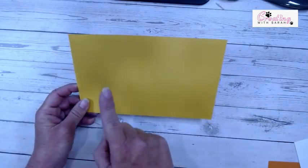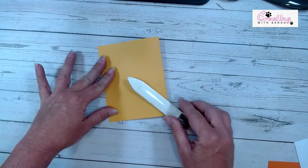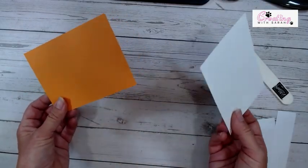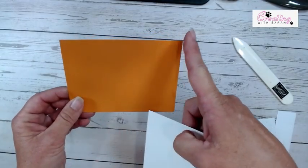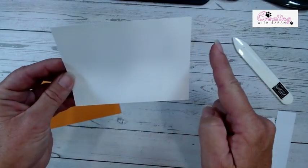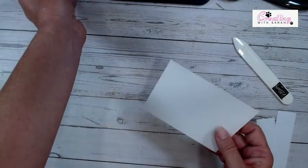So this is crushed curry. It's 8½ by 5½, and I scored it at 4¼. So we can just take that, fold it in half, give it a good crease, and we're just going to set this to the side. I have 2 pieces of cardstock. That's really all this takes besides your card base. This is pumpkin pie. It is 4 inches by 5¼ and our basic white that is 3¾ by 5. So all of this is going to get layered together after we do a little bit of ombre